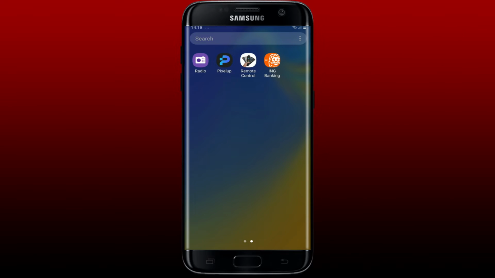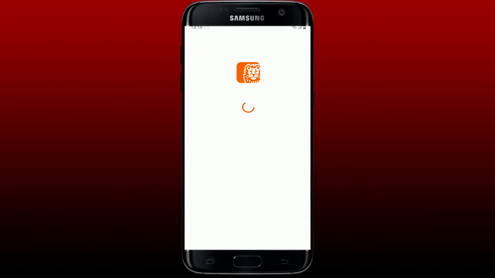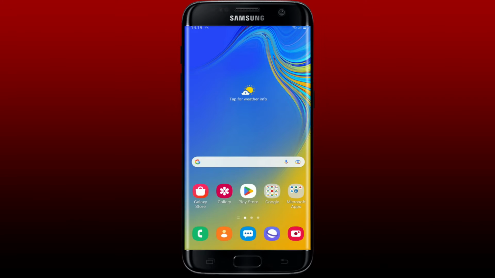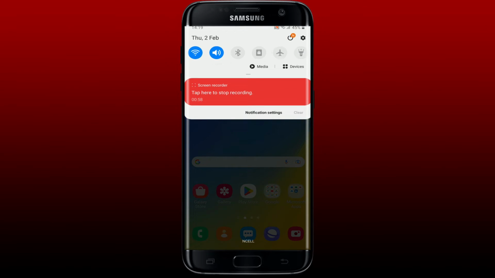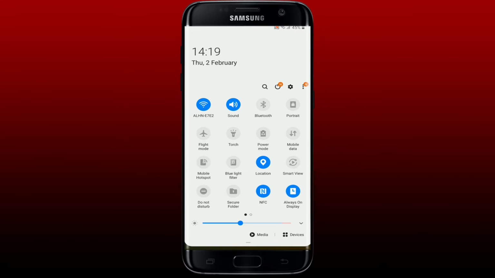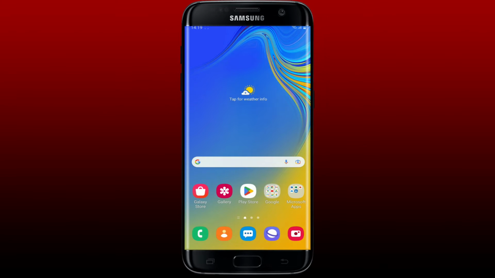If you're trying to log into your ING banking application but you are not able to do so, then here are some easy steps you could follow. The first thing to do is to make sure that your mobile device is connected to Wi-Fi or cellular data. Once you are connected, the next thing to do is to check if you've got an available update